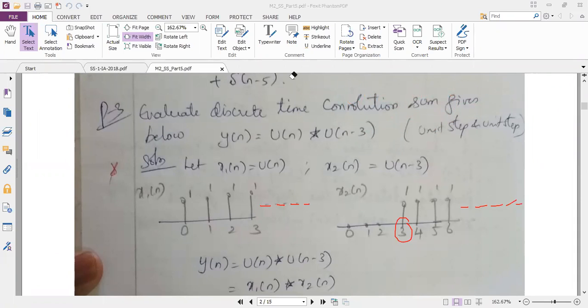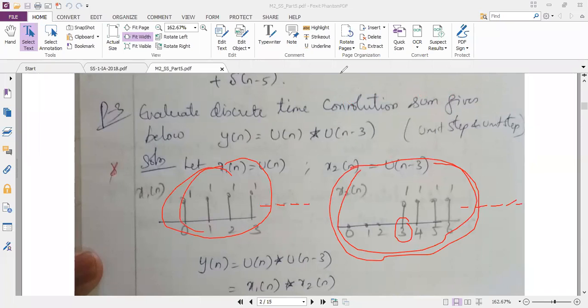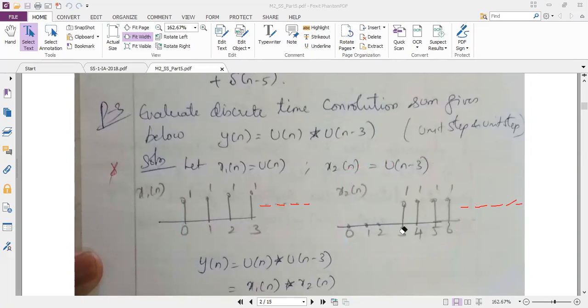But in this question, direct x of n is this, direct h of n is this. You just assume like that. So now both are infinite. If both are infinite, the analysis is a little different, and we do not follow the steps of the previous problems. Here we have to do the analysis in a different way. Throughout this module, we are going to solve the problems based on the infinite concepts.